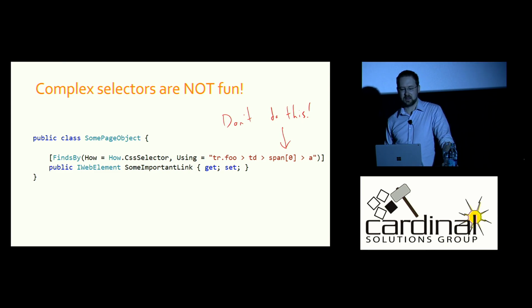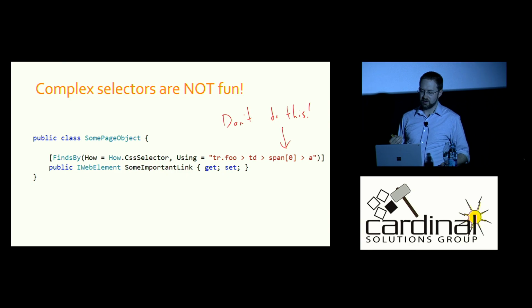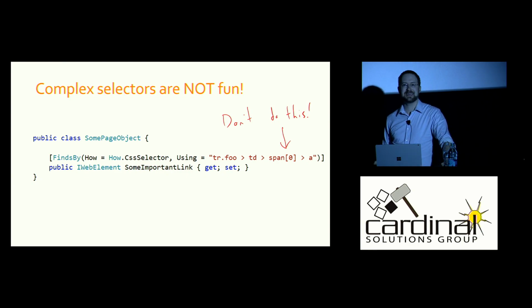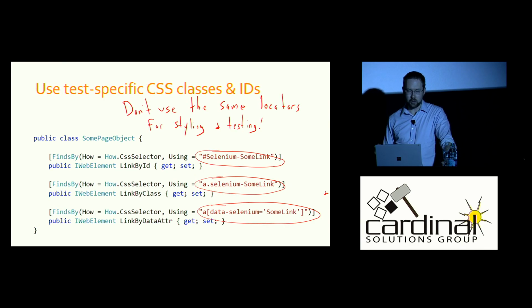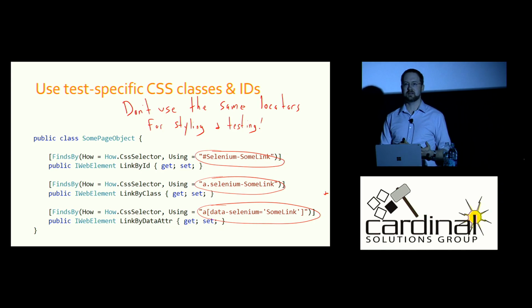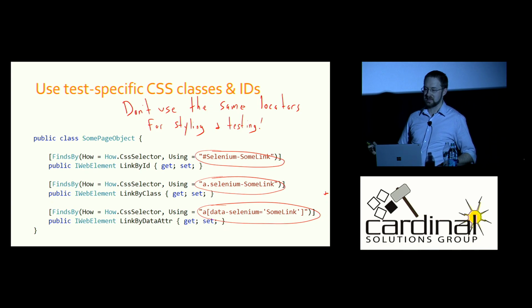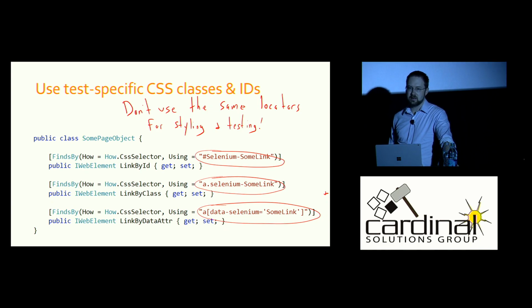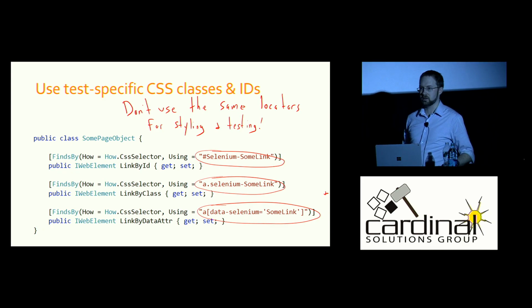So to avoid things like that, we encourage developers to modify the UI code to make it easier to test. One way of doing that is to create test-specific IDs, classes, and data attributes that are used only by the UI tests. When we do this, we include a Selenium prefix in the ID or class name or whatever, that is, it's a very clear signal that those things should not be used for styling and not be used